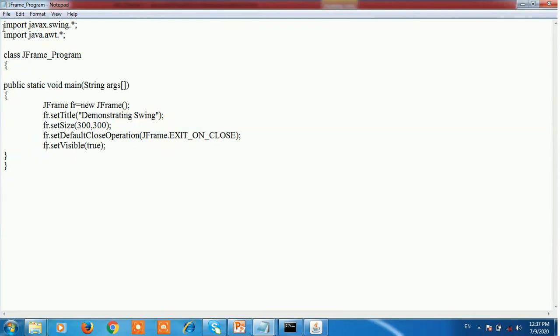This program demonstrates creating an instance of the frame class. Here we use the frame and create an object of the frame, fr = new JFrame. After that, save the code as JFrameProgram.java.